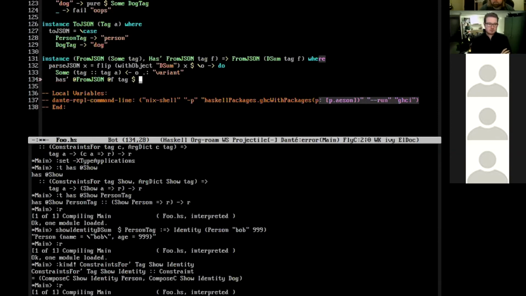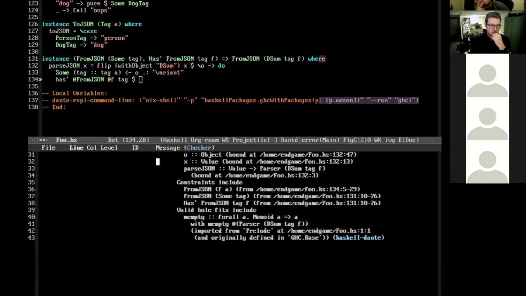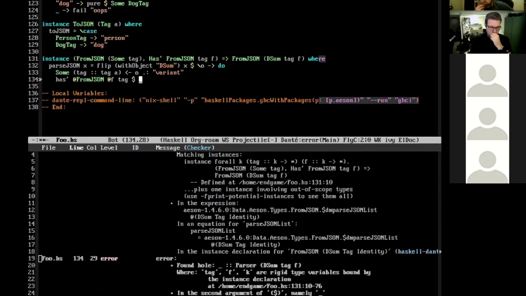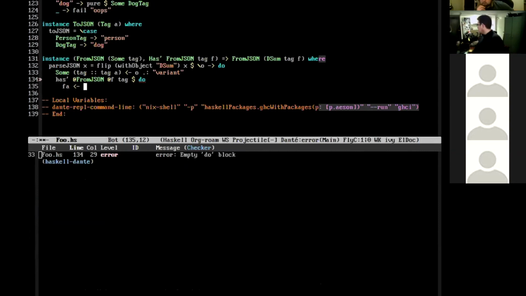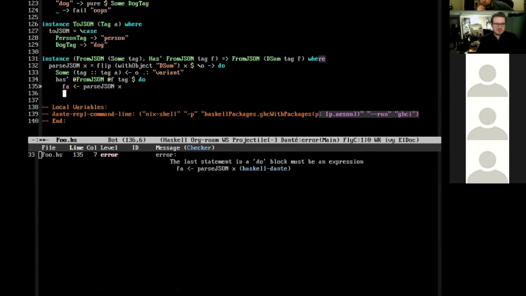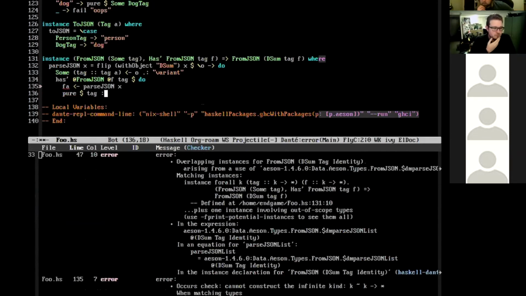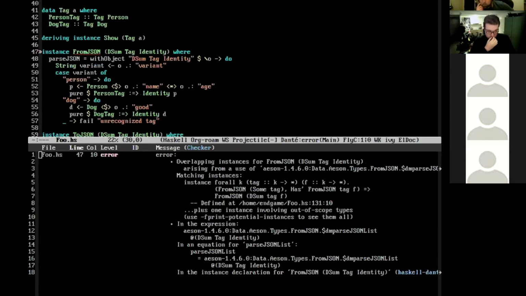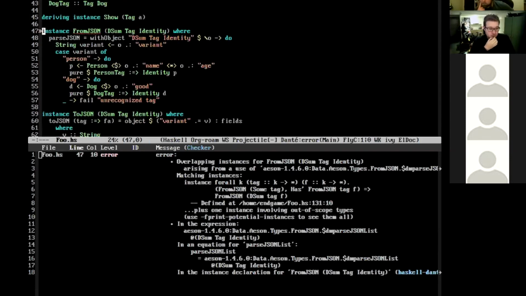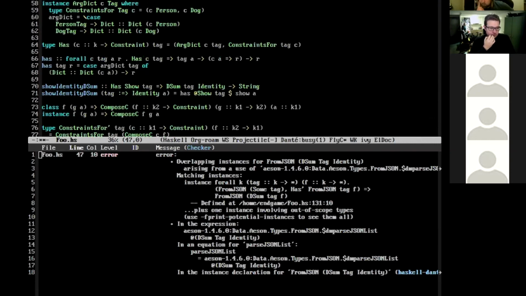And here, we are going to be asked to complete the parse, and we have the FromJSON for the FA in scope. So we can say we can parse it and construct it. And now it's complaining because the instance that I threw together at the start of this talk is getting overlapped. So we will delete that.